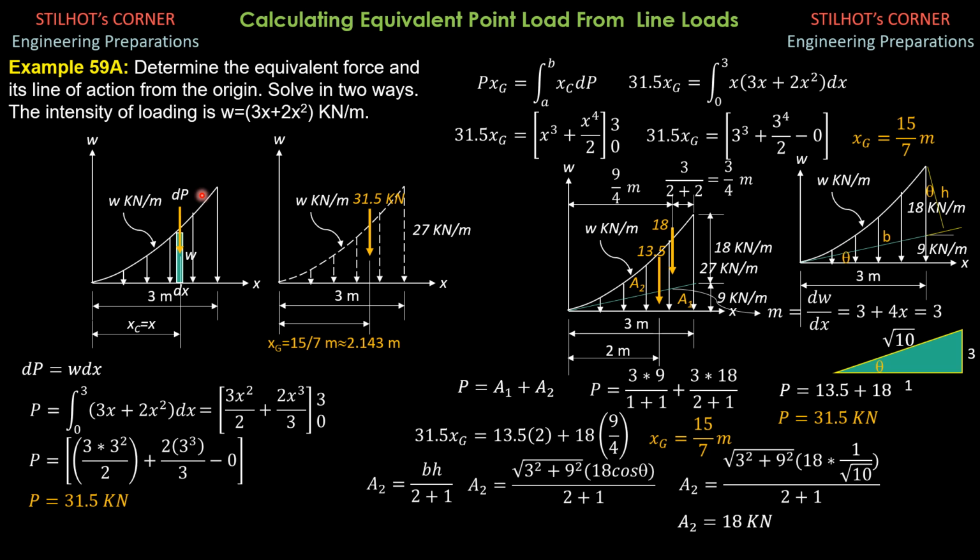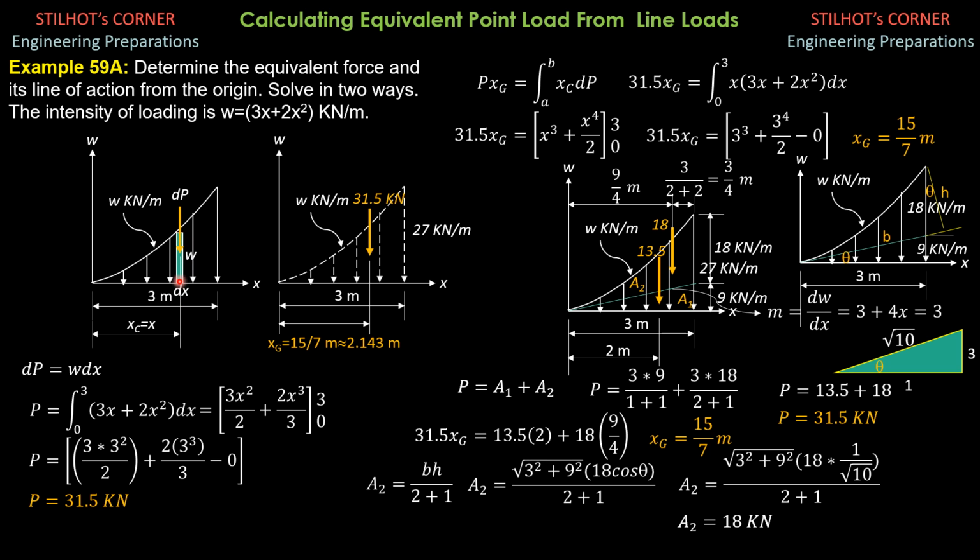So let's focus first on transforming this line load into an equivalent concentrated load, and we have to specify the distance of that load from the origin. So we have to consider a strip. This is a rectangular strip of thickness dx and height w. So the area is equal to this differential force here, because w is in kilonewton per meter times thickness dx in meters, then that would be in kilonewton, the unit of force. So the concept is it's just an area.